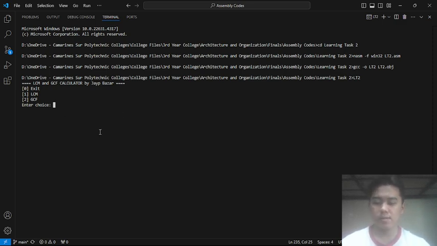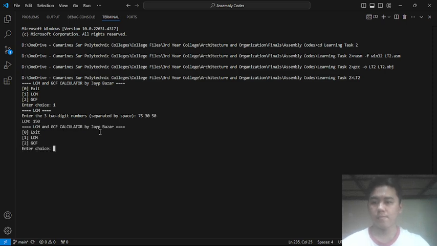Let's try to get the LCM of 75, 30, and 50. As you can see, the LCM is 150. Now let's try to get the GCD. We choose number 2. Let's try 30, -66, and 99.